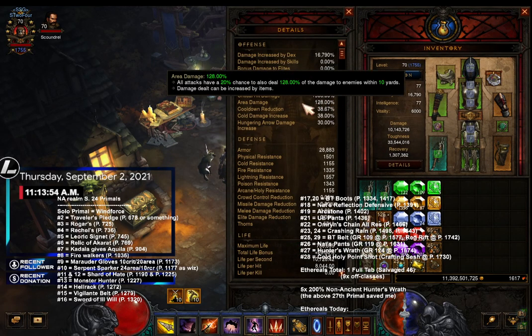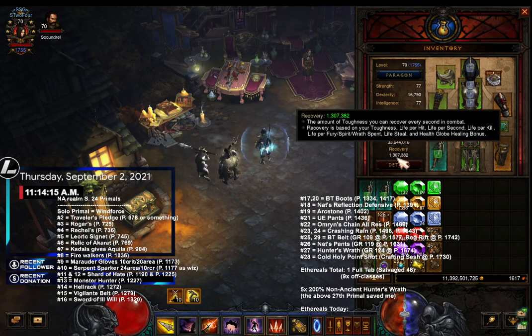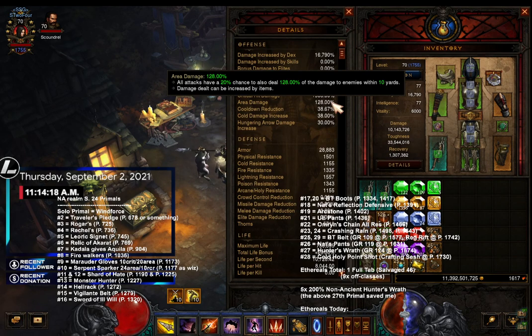Even better, in fact, the tooltip here, if it doesn't help anyone, the in-game tooltips. So you know how in any game you have the help section, right? I guess my hotkey H is not there, but I think in Diablo 2 you have the help hotkey and stuff like that. Imagine this: the area damage tooltip here. All attacks have a 20% chance to also deal 128, well, whatever, it depends on your area damage and whether your build does it, of the damage to enemies